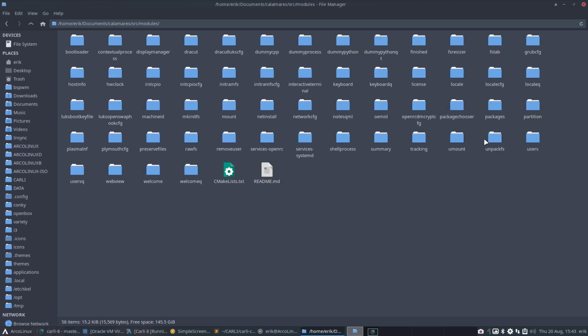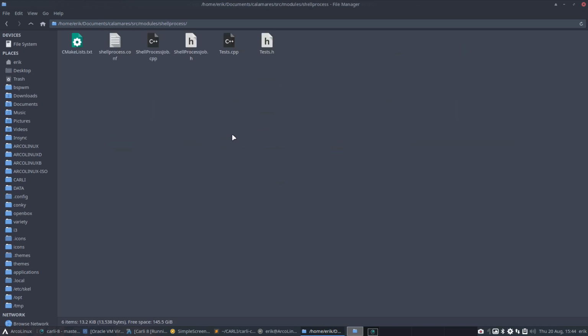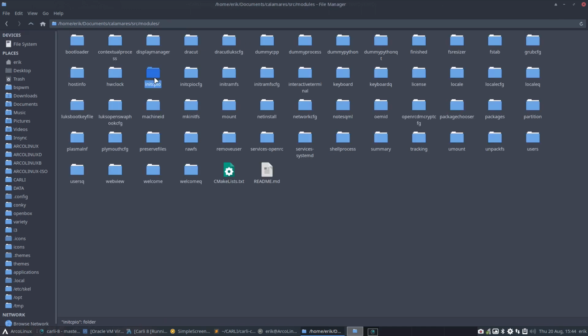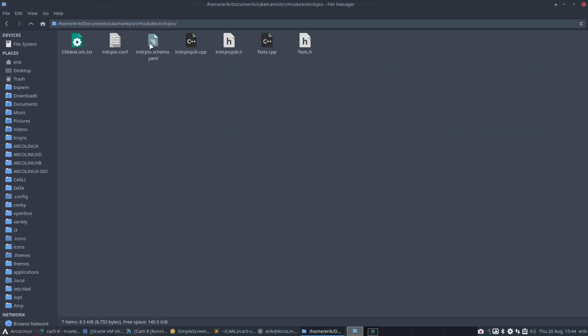So what it needs is a shell process. So you go read everything you need to know about the shell process. It needs a configuration, a file, and the rest. Did I read it? I don't think so, right? But you can look at the code. Sometimes I do read the code, like for instance, in the case of the initcpio, maybe interesting to mention that